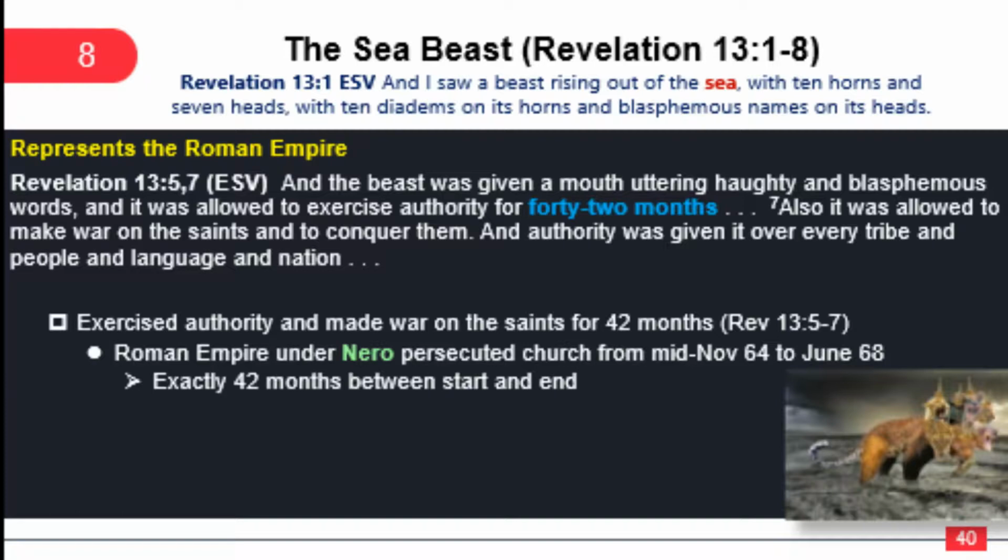Now, let me say, I have not independently confirmed these dates. I think I got those dates from Hank Hanegraaff's Preterist novel. I did a brief check on the internet to try to narrow the dates down closer, and I haven't been able to do it yet. If anybody wants to leave me a comment to give me some more precise information on when the persecution started, we know when it ended because we know when Nero died. Please leave me a comment. I'd like to know. But whatever the exact amount is, I don't worry about that too much because 42 months